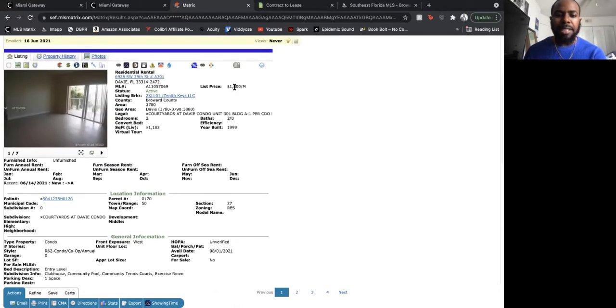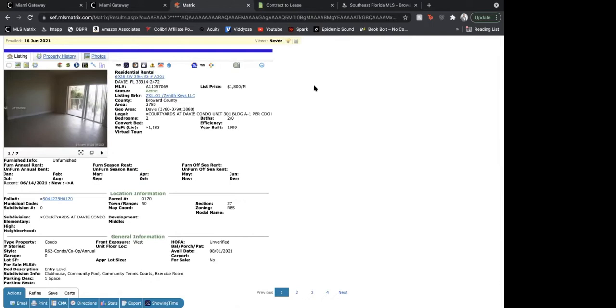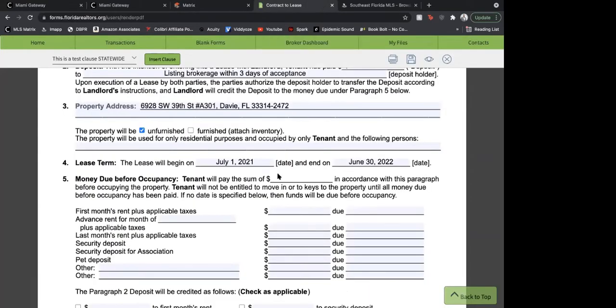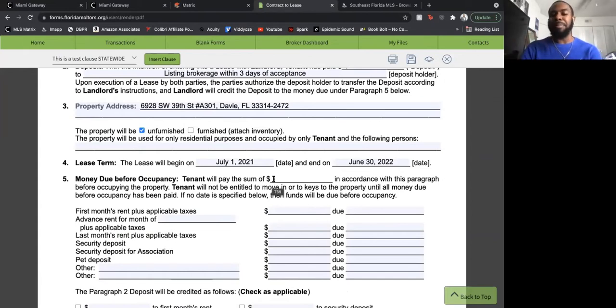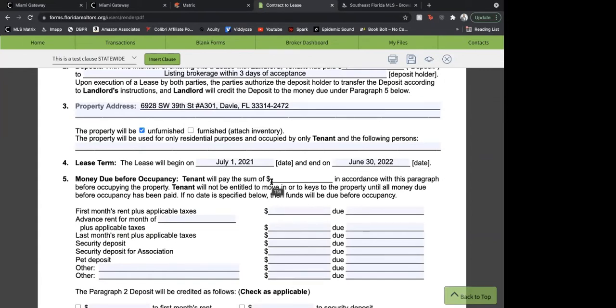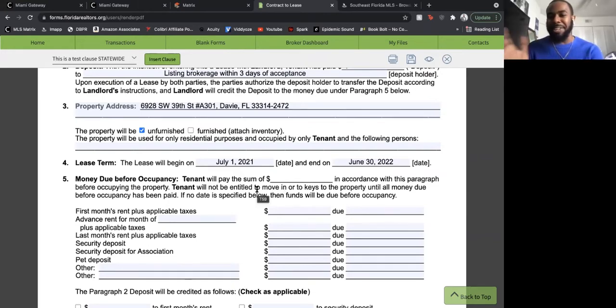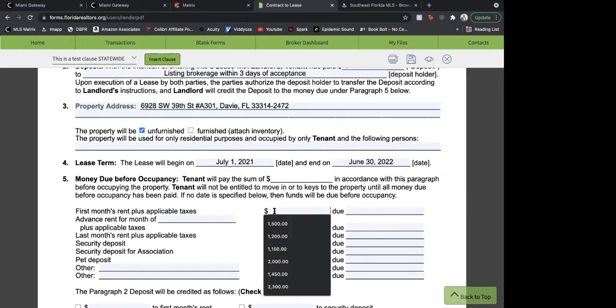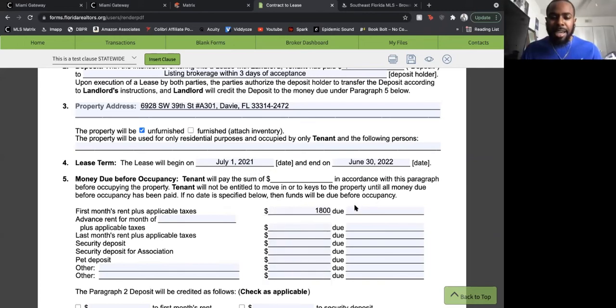So they want $1,800 three times. Okay. So everything, while you're filling in the blank, is already in the matrix. Yep, you're just looking for the answer and copying and pasting. Yeah, copy and paste. Yep. I just have to show you what goes where, and after that, you're off to the races. Wow. So first month's rent, we already saw it, $1,800, and that's due